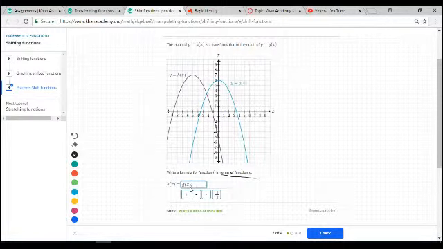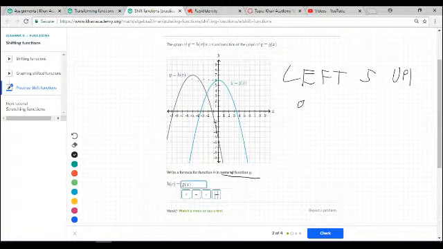Well, our shifts are going to be 1, 2, 3, 4, 5, left 5, and then we go up 1. So if we have g of x, we'll have g of x plus 5